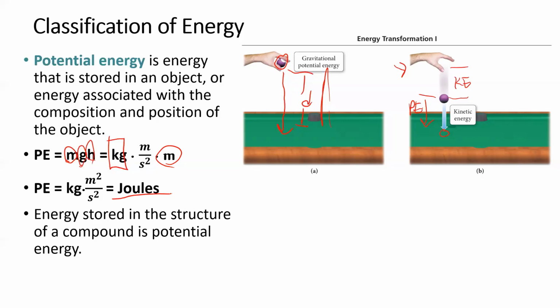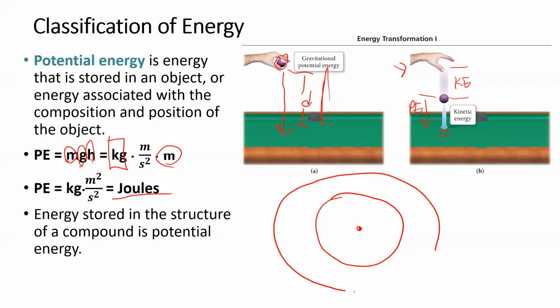Well, if we think of atoms, when you think of an atom, what do you have? You have a nucleus, and then you have these orbits with electrons certain distances from the nucleus that has protons. Well, guess what that distance is? Potential energy, right? As the electron is further away, as this distance gets further, there's more potential energy stored in that electron because it wants to get to the nucleus. So the structure of an atom is basically potential energy because there's a distance between attractive forces, protons and electrons.